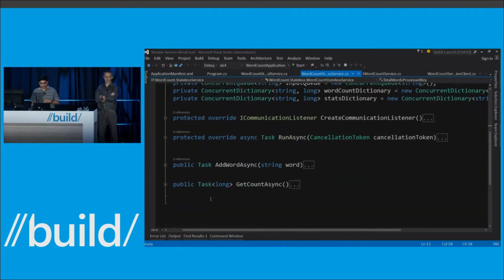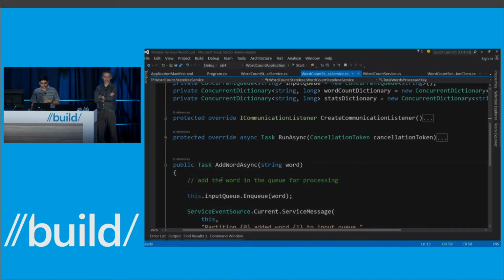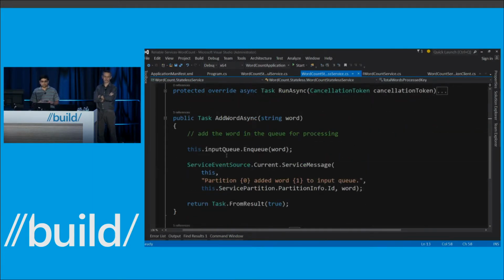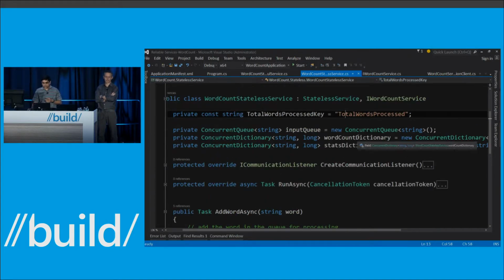If you look at the AddWord implementation, you'll see that as the words arrive, they're just enqueued into the queue. Then I have a dictionary that basically keeps the count of those words. And then I have another dictionary that contains the total number of words processed through a key, which is the total word processed key. I could have actually used just a member variable here. I'm using this to show how you would map that when we build the stateful services.